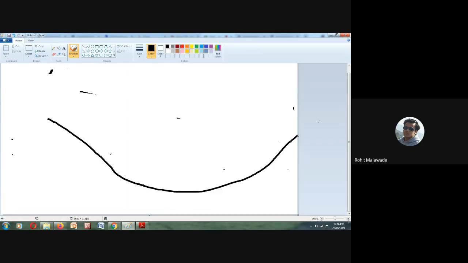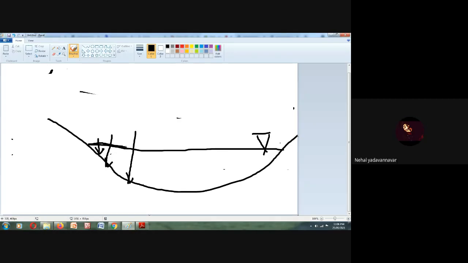Suppose this is your water body. Can I collect the water sample from the banks or from the complete bottom? This is your bank, right? Can I collect the water from the banks or at deeper depths, at the base? Can I collect the water from here? No, sir. Because of suspended solids, sir. Yes, suspended solids. Very good.